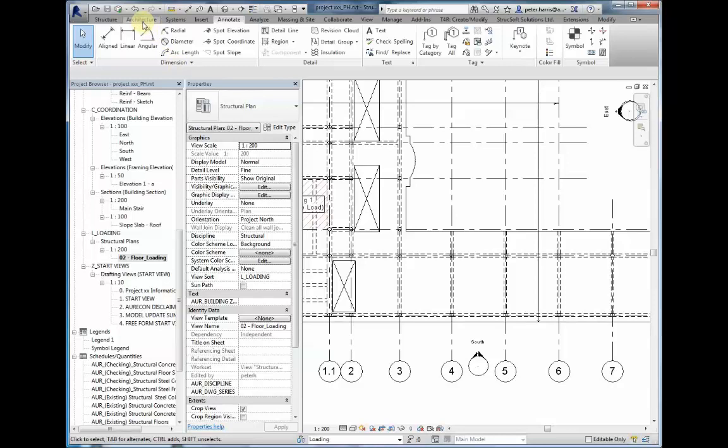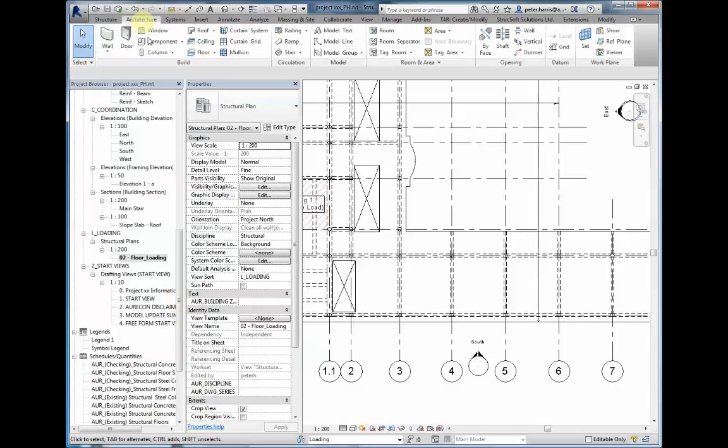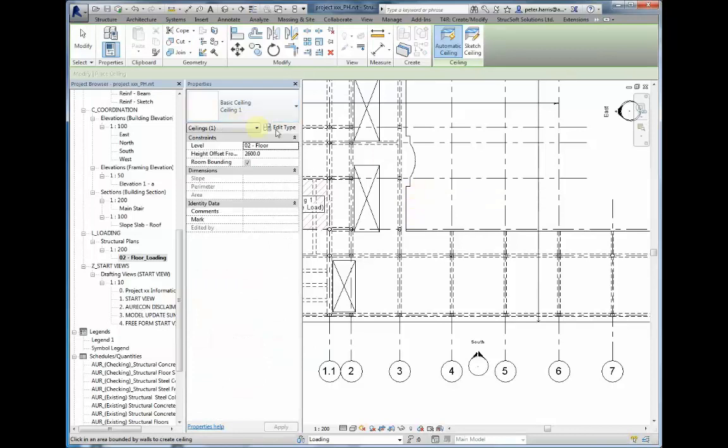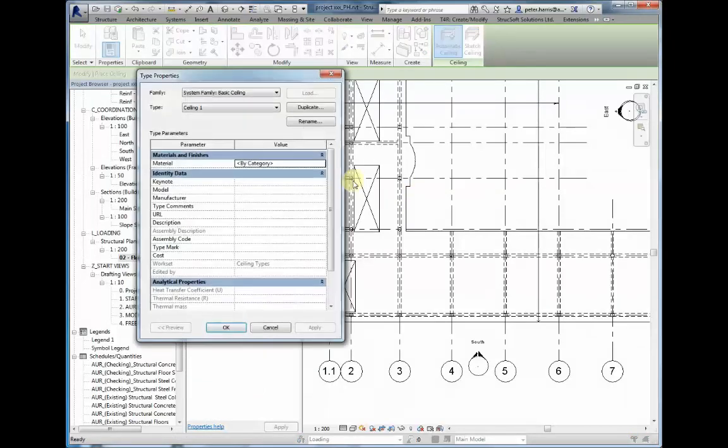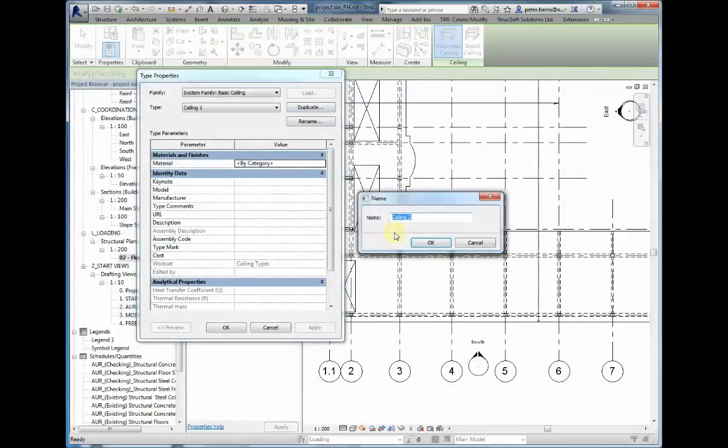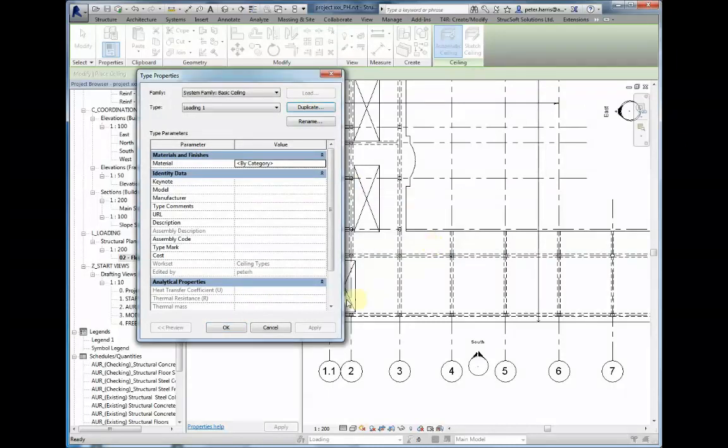Now up towards the architectural tab, across to ceiling, creating a new type, edit type, duplicate the current, and this one will be called loading 1. Presetting a material is often a good option, which helps in colours and looking at 3D. So in this case here,